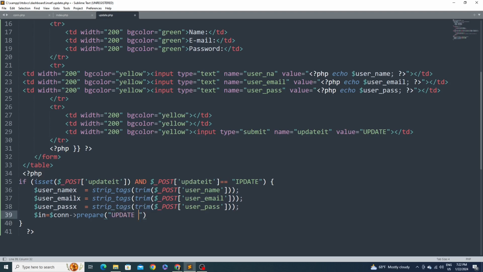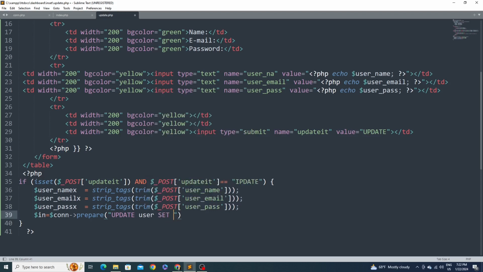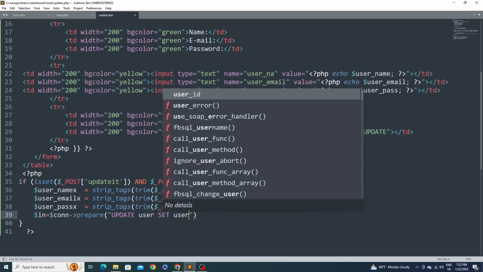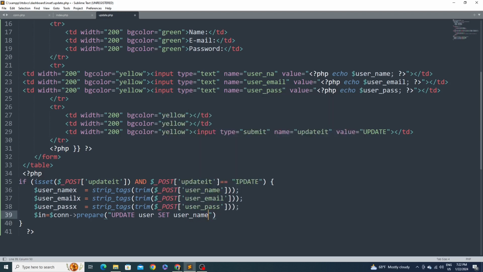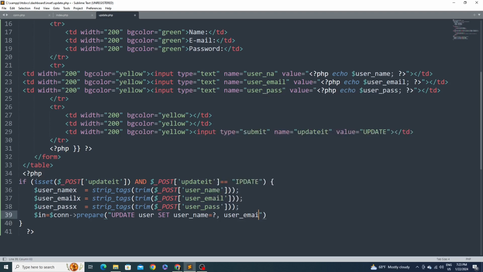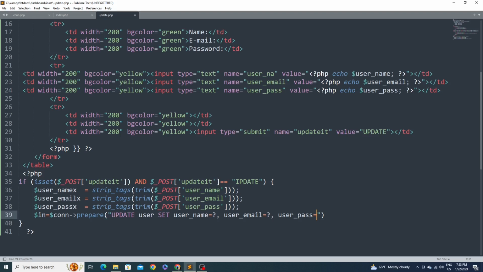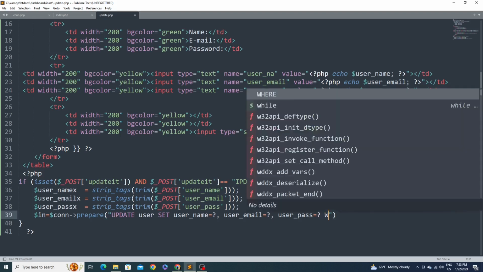Update table user set username, username, user mail, user pass, where